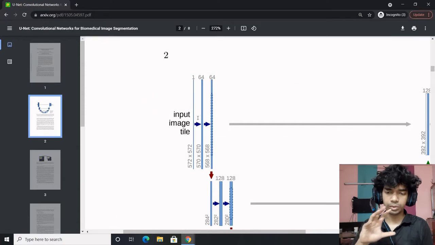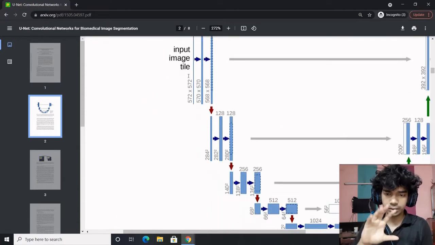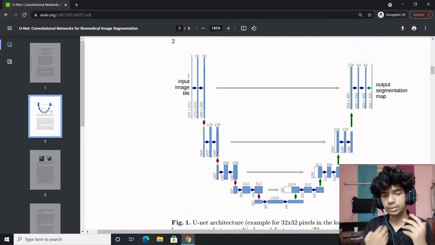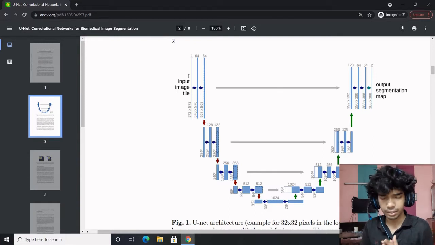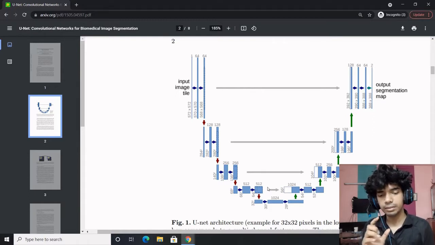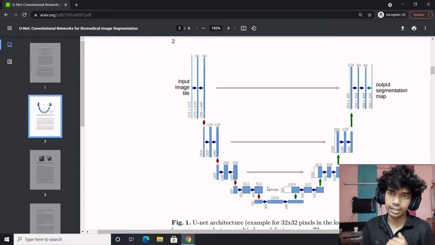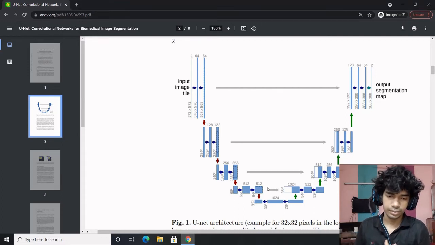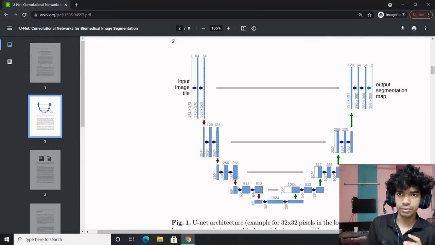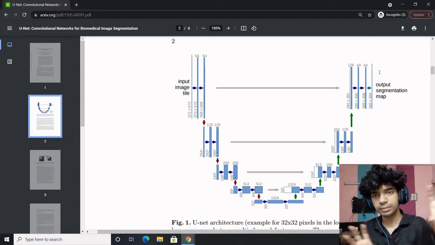You have the input image. It goes through a sequential path. The structure is a U, which is for better understanding. Basically it goes straight and straight, an entirely straight path, and in between you have different kinds of skip connections, like we had in ResNets. Similarly, here in U-Net we have a skip connection, or the merging which happens. So let's see how it goes. This particular path does the contraction of the features, and the other part is for the expansion.